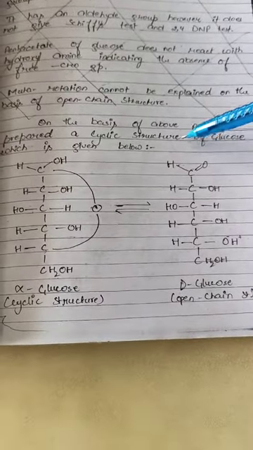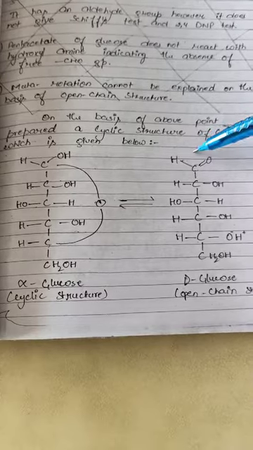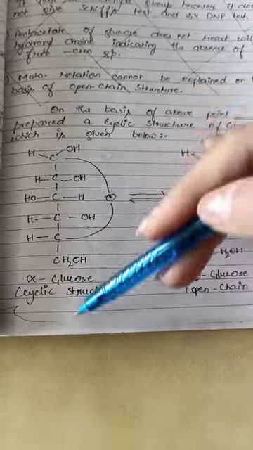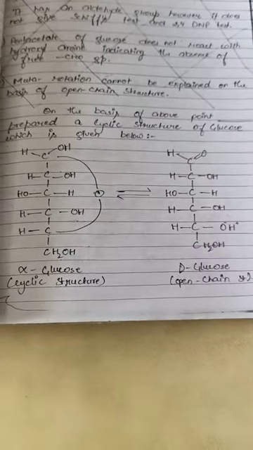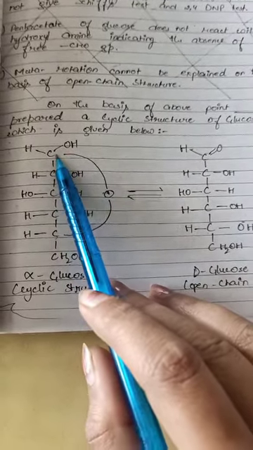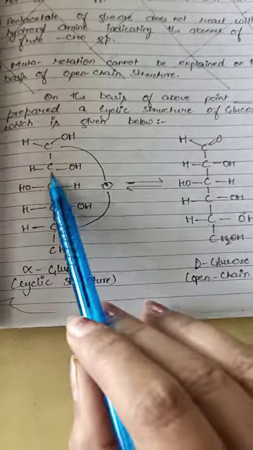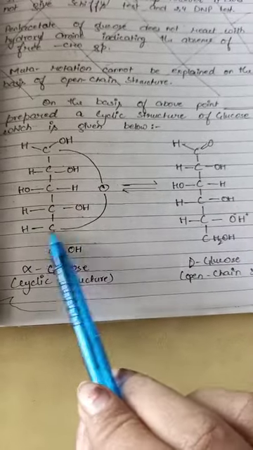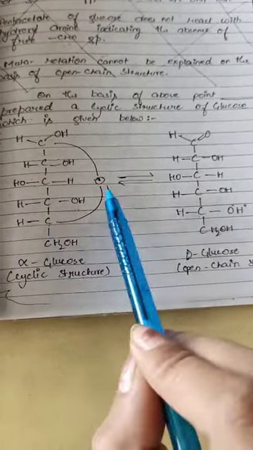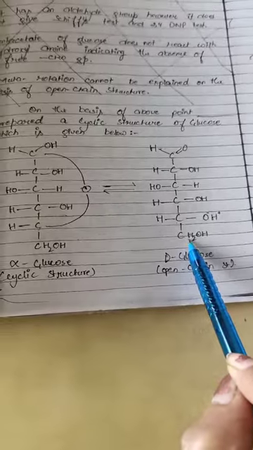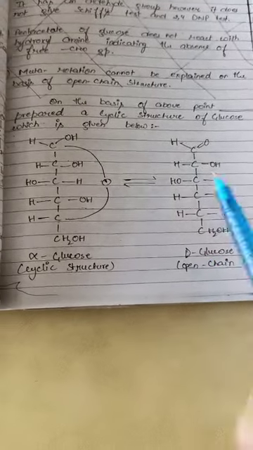After this, we can study on the basis of our prepared points the cyclic structure of glucose, which is given below. The structure we are using here, H, OH, H, this structure is called alpha glucose. Now what changes do we have to make in this one? Now for beta, here OH is present. Now when we put a double bond here, H will be removed, HOH will come. Now here you can see O is coming on this side. So O this one, and H coming on this side, and CH2OH. It is said to be D glucose. It is an open chain structure.